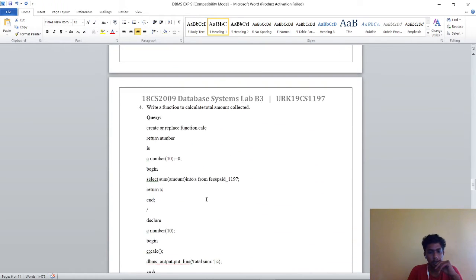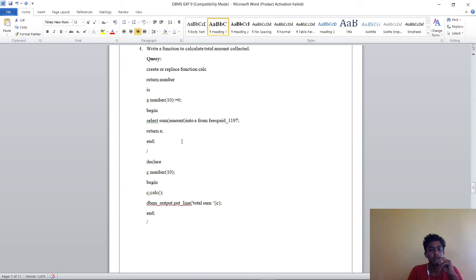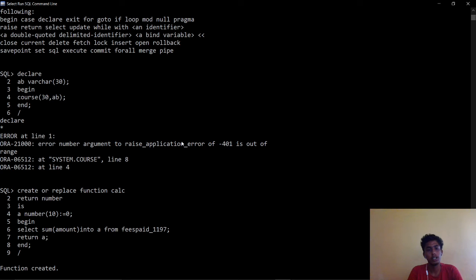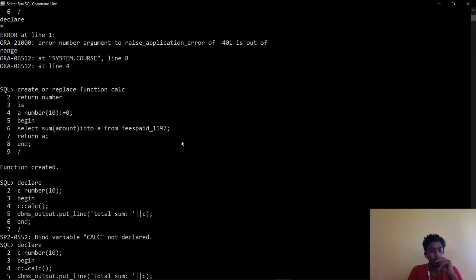So next we need to write a function to calculate the total amount collected. So we need to write a function, creating or replacing a function calci and returning a number. Is a number, number length of 10.